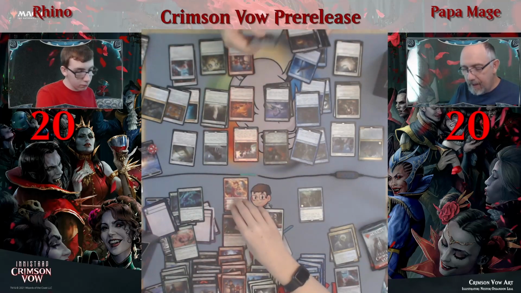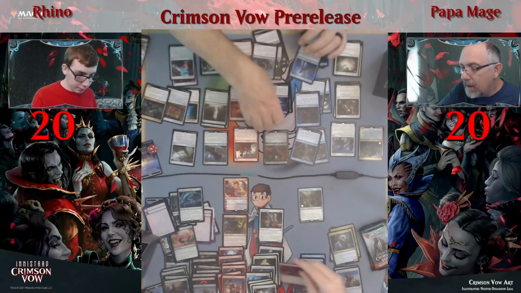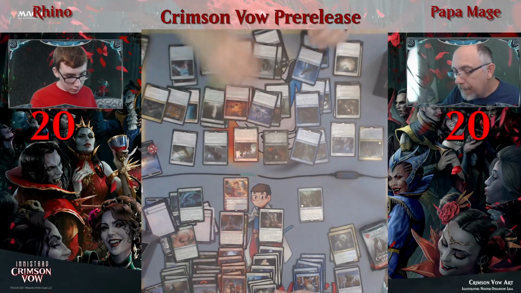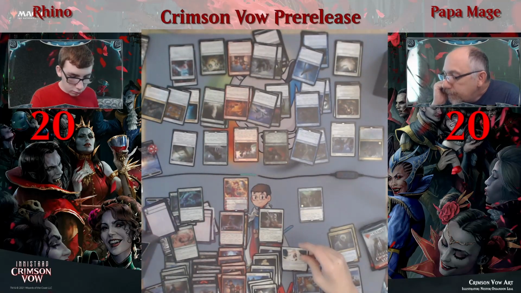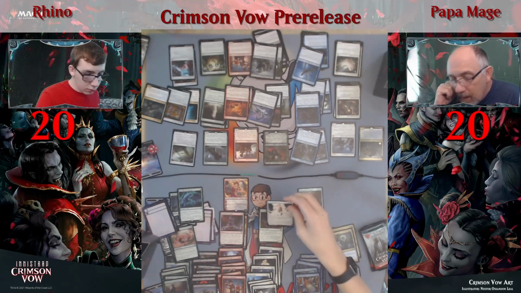Okay, let's see if I've got enough zombies. Here. Okay, that gets me up to 6 zombies. 7, 8. 8 zombies. Oh, that might be pretty reasonable. So, blue and black, or...